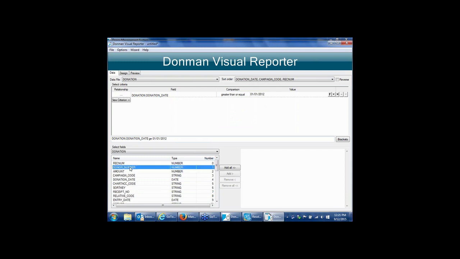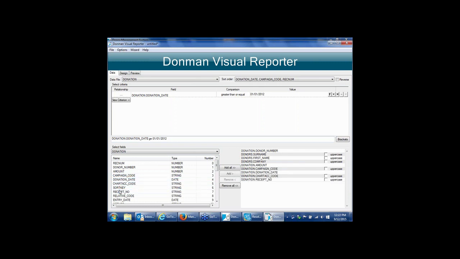So if I said, well, first thing I want to show is the donor number, and then I want the name. So in order to do that, up the top here, I can go back to donors. So now I want the surname, first name. Okay, so every field that's in the donor record is available as well. Then the company, and now I can go back to the donation file and extract the details of the actual individual transaction. So I can show how much the person gave, what campaign, what date it was, what ledger code, and a receipt number. So depending again on what you want to show in the report, you've got options